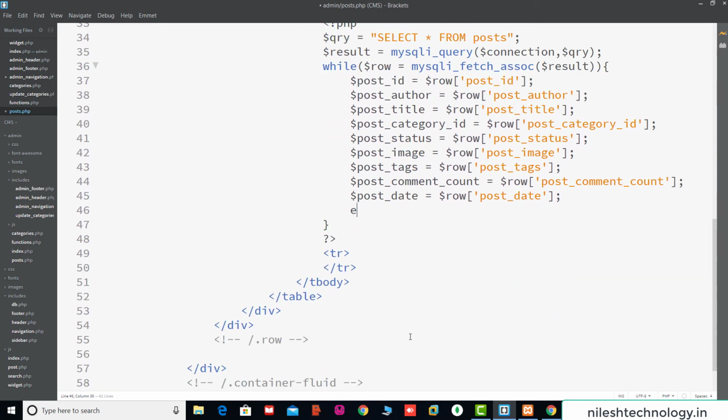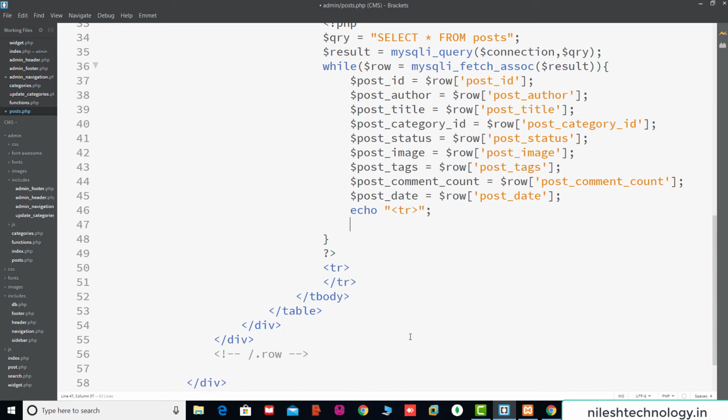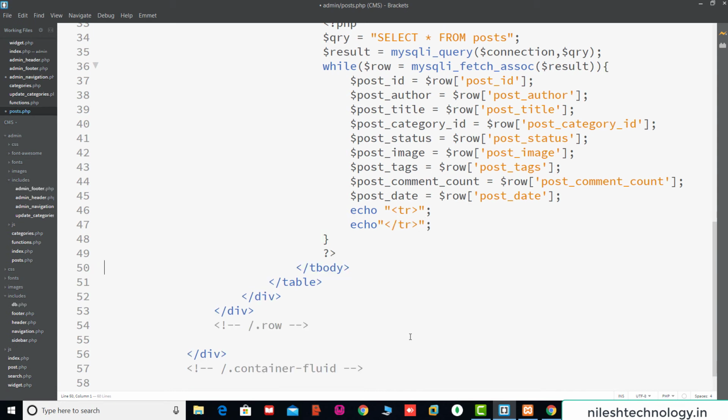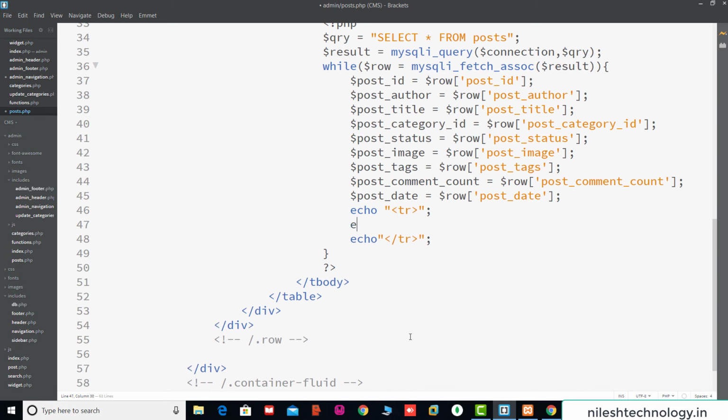So here we use echo, table tag tr for table row, and here again we close this table tag. So remove this tr data, and inside this table row we use one table column, table data, and inside this data we print first the post id.